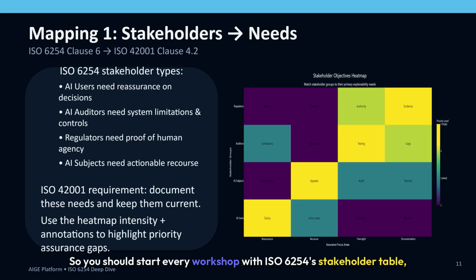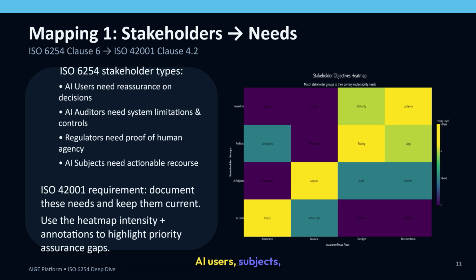You should start every workshop with ISO 6254's stakeholder table: AI users, subjects, auditors, regulators, and more. Turn each explainability objective into a documented stakeholder need on the ISO 42001 side. That list becomes your inventory for clause 4.2. The heat map on screen shows priority levels, with darker cells meaning higher priority, and each cell label tells you the specific explainability action that group needs, whether it's clarity for users, appeals for subjects, testing for auditors,